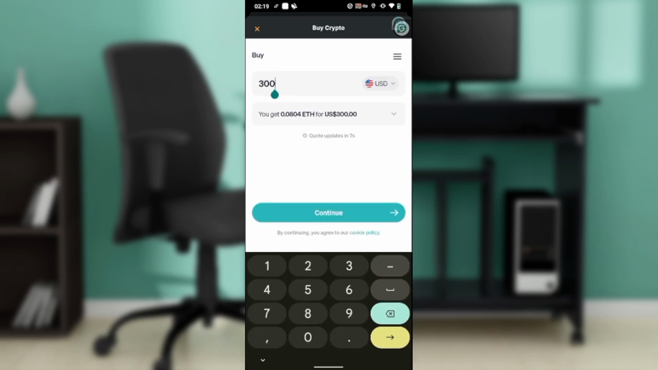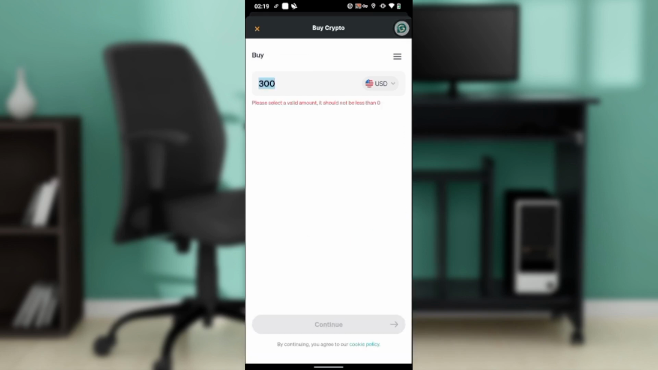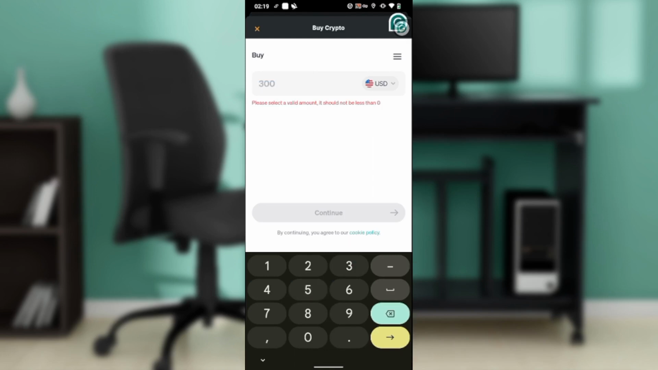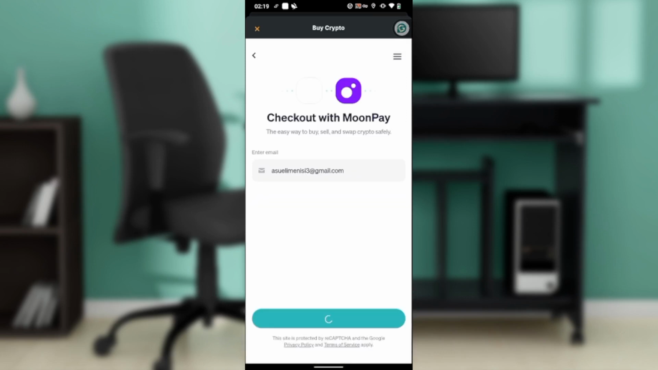So let's say I want to buy 500. All right, so this is what I'm going to get in USD. That's 0.1344 ETH for $500. So this is what I'm going to get. So go ahead and click on this continue button, and once you click on that, you're going to have to verify